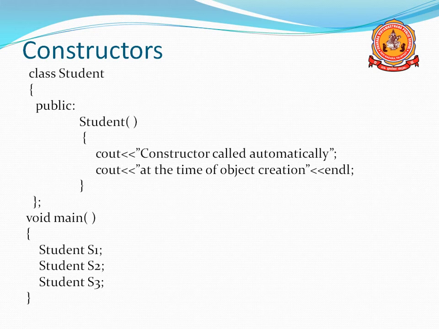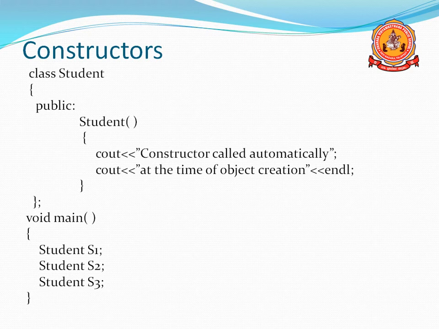Arguments may or may not be present; that is based on the user. Here an empty bracket is given, so empty bracket means no argument is given. The constructor should be declared in the public section, so inside public only I declare the constructor. So here, constructor Student, open bracket, close bracket, then open curly bracket, we can enter the data or initialize the data. But for your understanding, I just wrote two cout statements, or display statements. A constructor is called automatically at the time of object creation. Then I close the class.